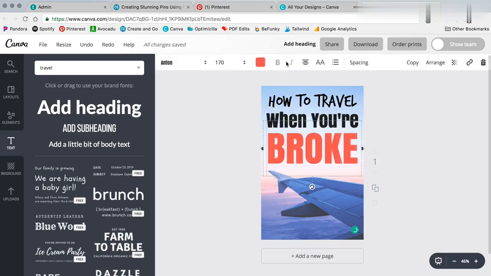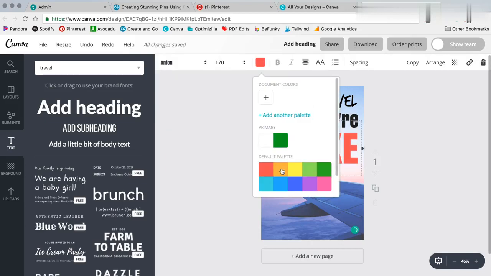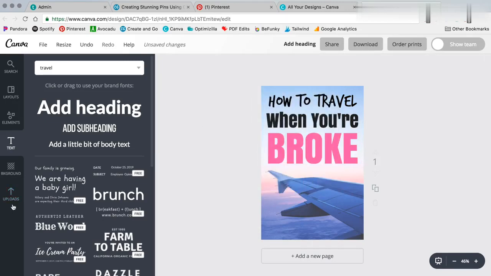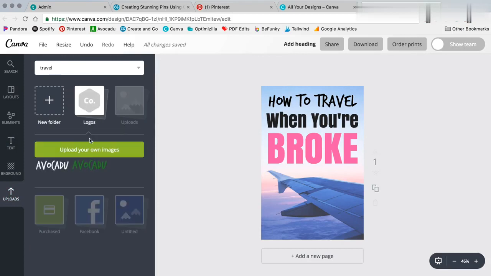Red does as well, but red is kind of an aggressive color at times. So I'm actually just going to stick with pink here. And the next thing I'm going to do, I do have my logos right up in here because I have